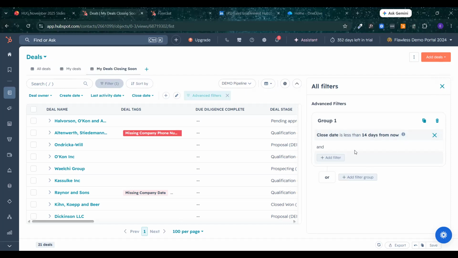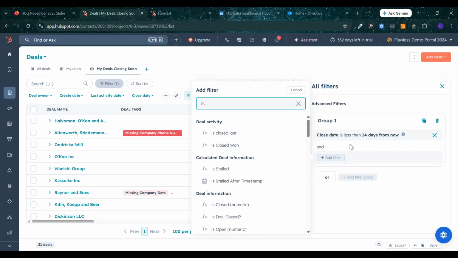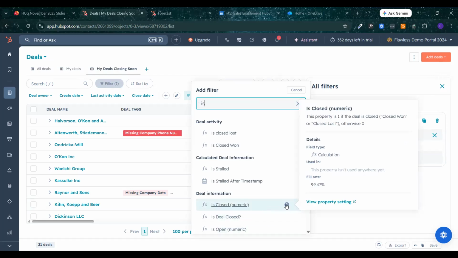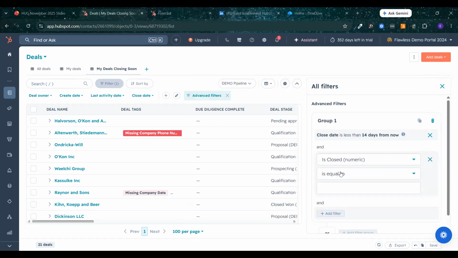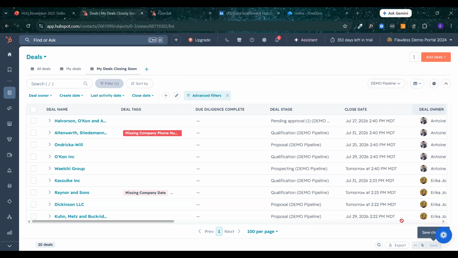If you want to leave out certain things, like obviously you can see there's a closed one deal here. Well, this one closed early. I don't need to see that in my closed one view. So you can go to things like is closed one or is deal closed, any of these fields you can look at. I know this is a number property. So we want this to be 0 because that means that it is not closed. And then that one went away. So we can add that to the view and save it. And now this has been updated.